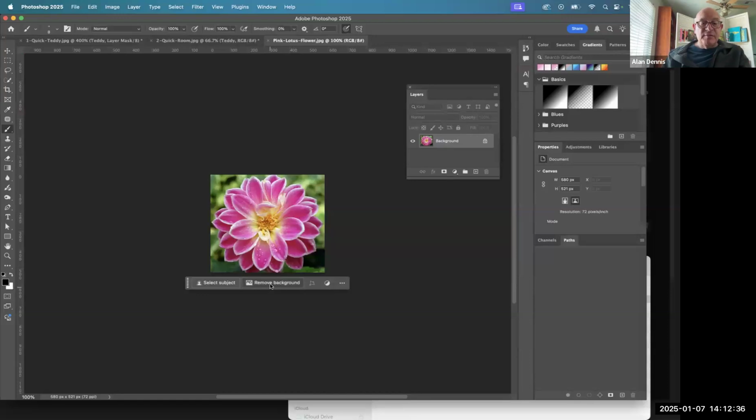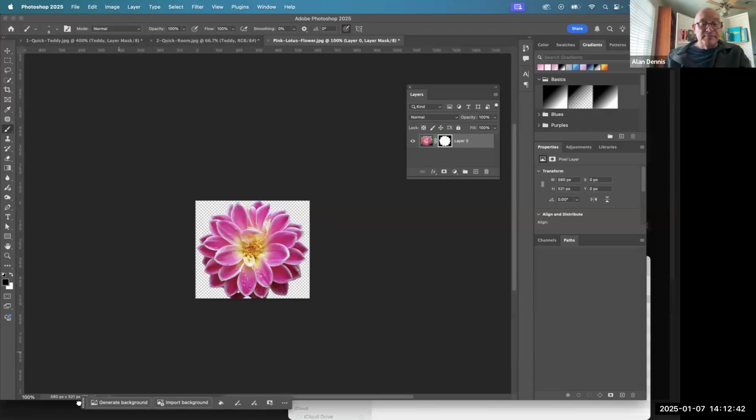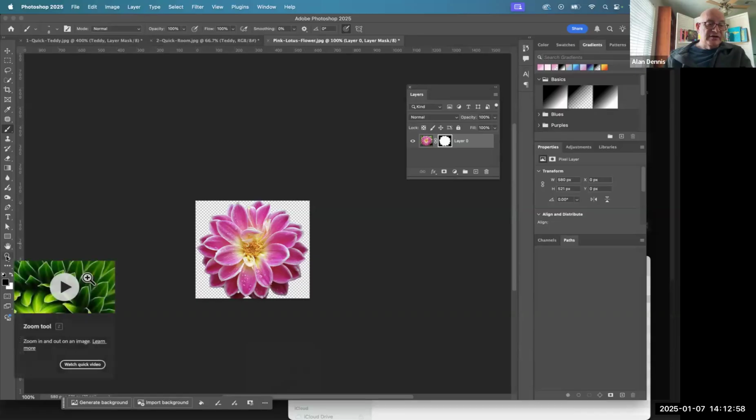And if I say remove background, it's going to do a pretty good job on this one. Again, my pin bar position didn't stick. I've got a really small window here. I want to make it fit the screen bigger. I could get over here. There's a zoom tool. I never use this one